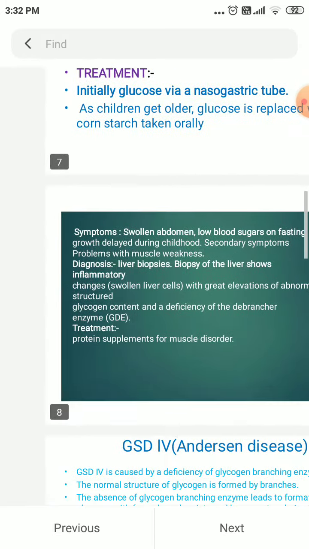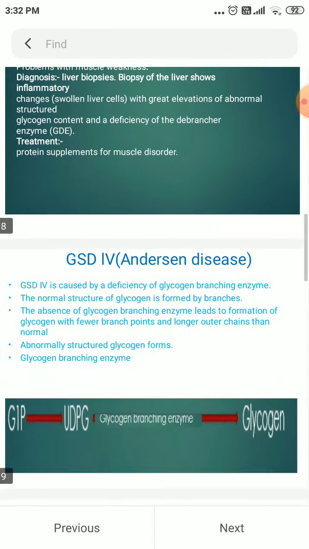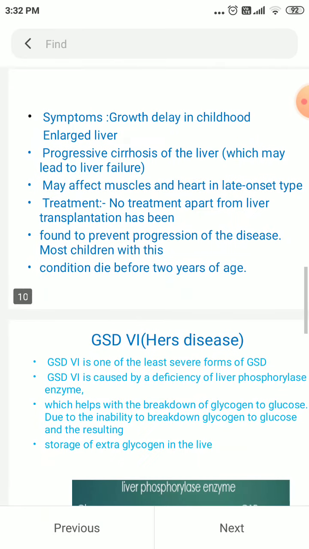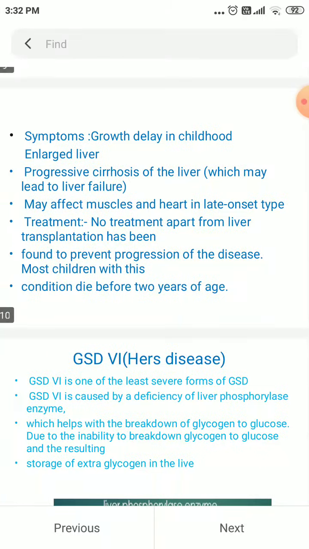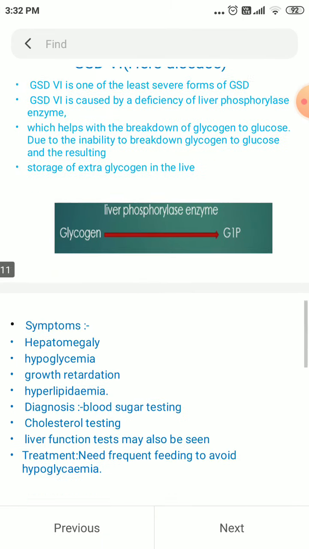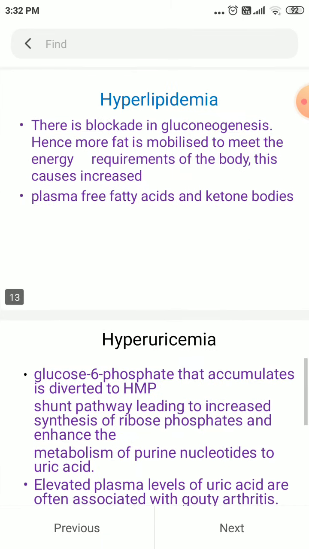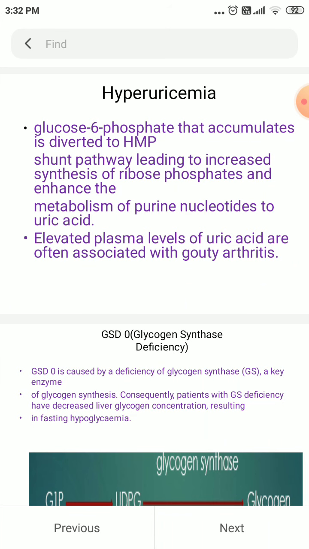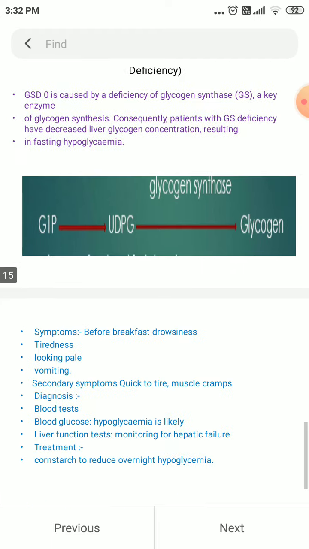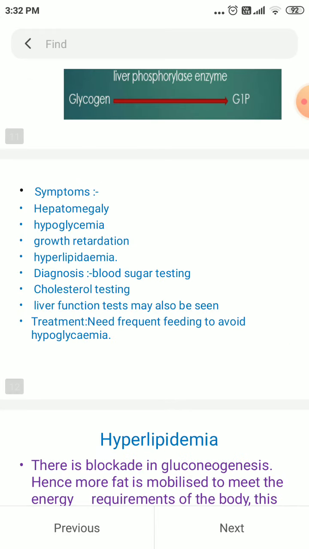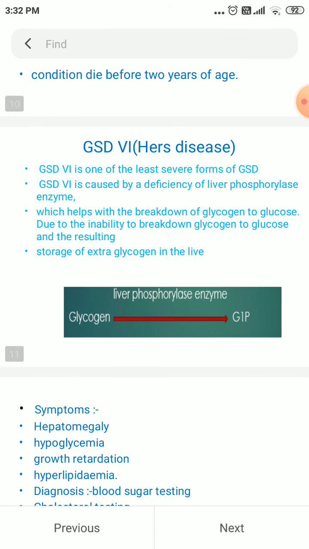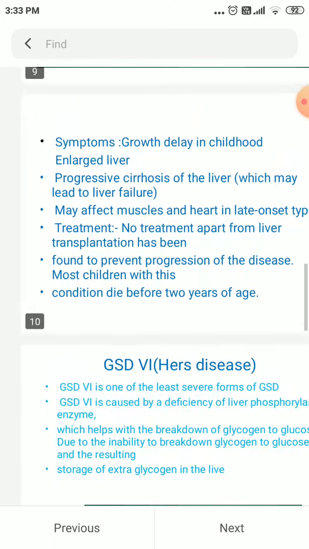disease 4, that is called Anderson's disease. Glycogen storage disease 4 is Anderson's disease, and glycogen storage disease 6 is Hers disease. Glycogen storage disease 0 is glycogen synthase deficiency. At the end, all of these diseases you can see in the tabular column I have shown you. So first we will see